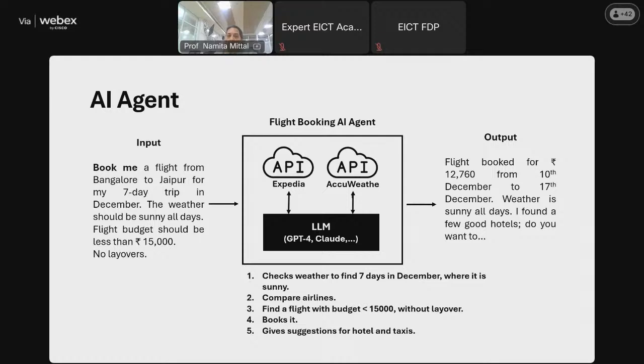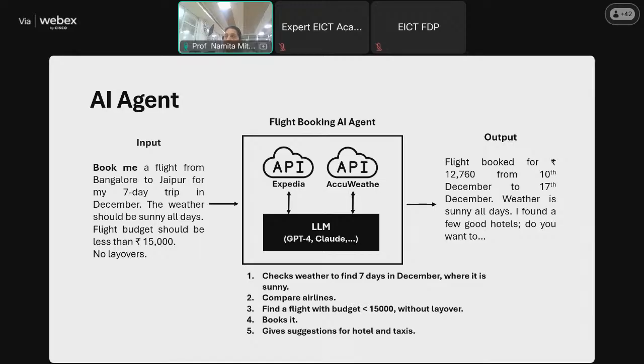Now, input is: book me a flight from Bangalore to Jaipur for my 7-day trip. I'm making it a bit complicated. The weather should be sunny all the days. The flight budget should be less than 15,000. So many constraints. So it has to call many APIs, because not only the cheapest flight, we need a